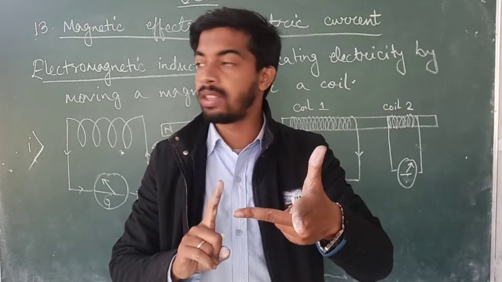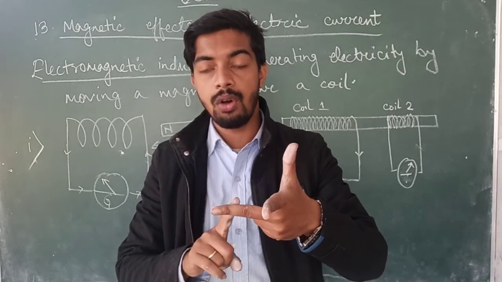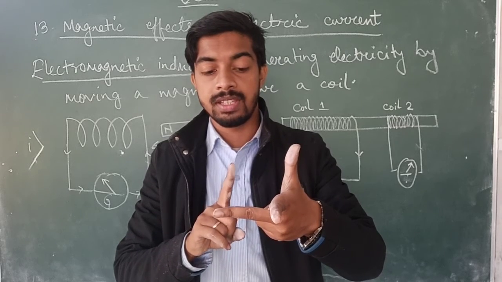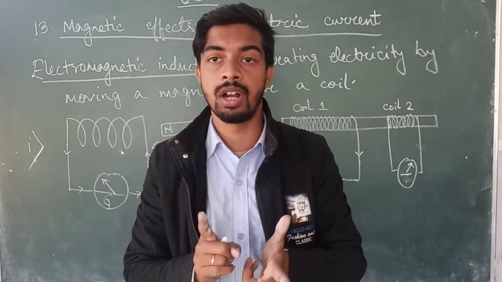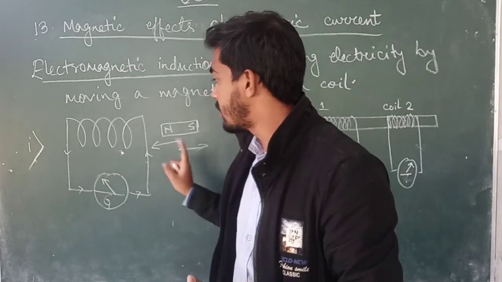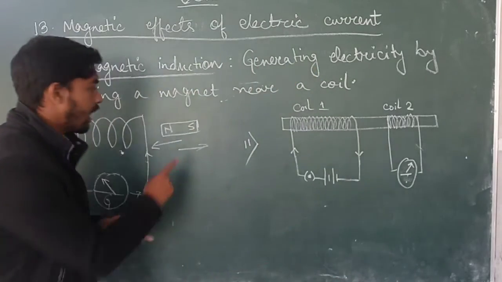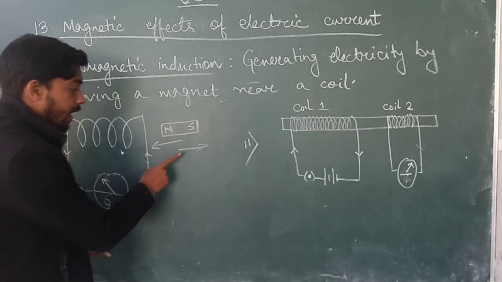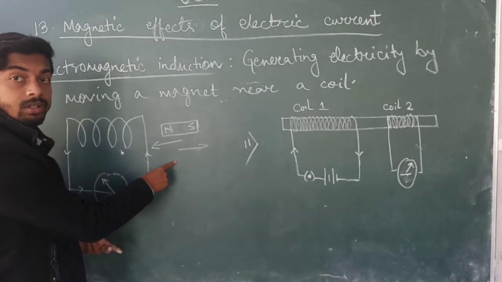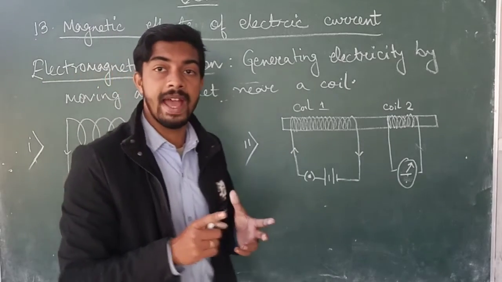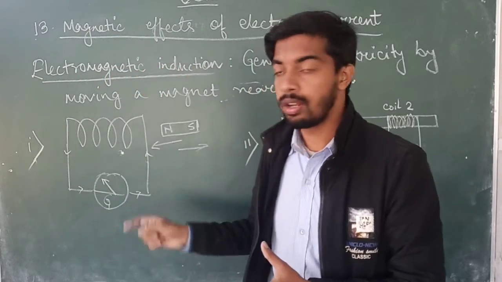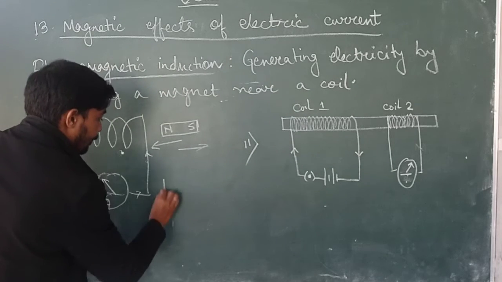So with this method we can know how electric and magnetic field can generate a force which can make a conductor move. Now in this we have the magnet, we are giving the motion or the movement, and finally electricity is generated. So to know about the direction of electric field, here we use Fleming's